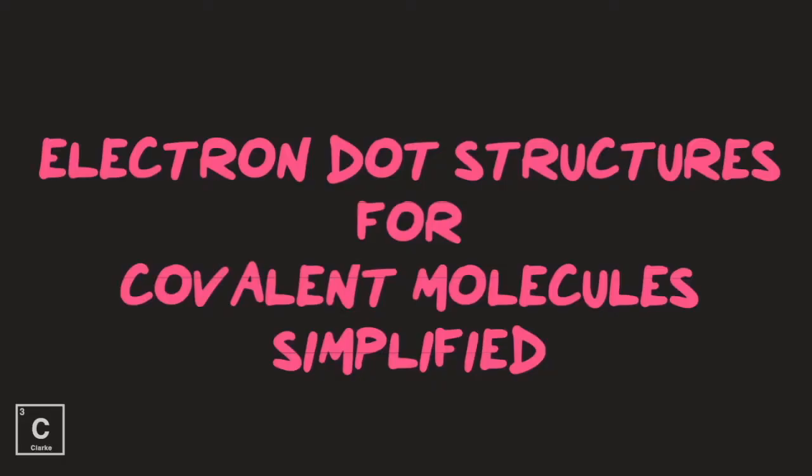In this lesson, I'm going to teach you how to draw electron dot structures for covalent molecules. Now, electron dot structures, Lewis dot structures, it's the same thing. Those two phrases can be interchanged. Sometimes I interchange them, so please do not get confused if I say Lewis dot structure or electron dot structure,